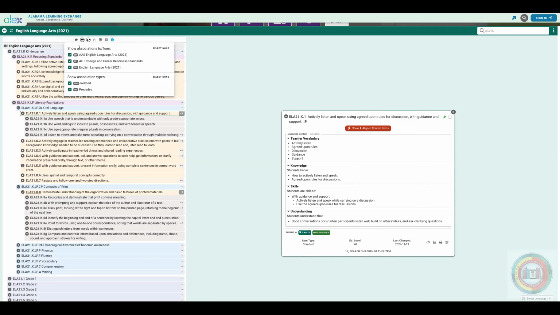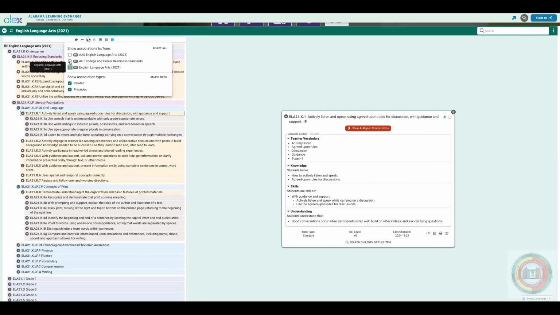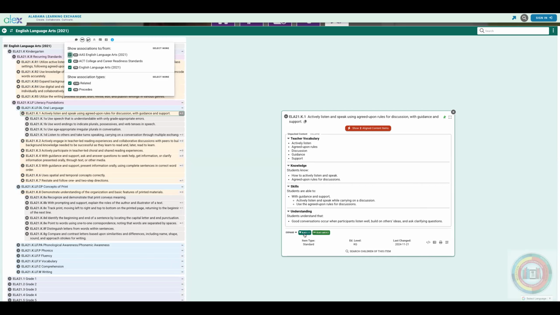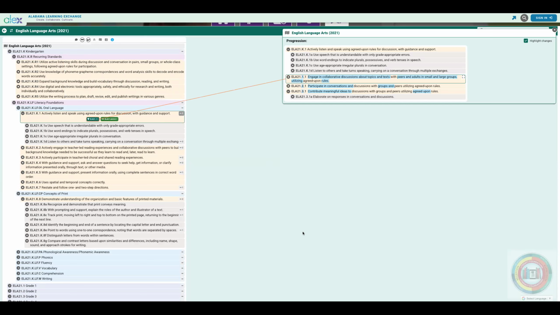So once I have turned those on, and you'll see you can turn them on and off with little check boxes, once I have those turned on, then if I see a standard with this little colored rectangle, I can click on it to see the association. In this case, I'm looking at a vertical alignment. So this shows me how this particular standard progresses from kindergarten, how it becomes more rigorous in first grade, even more rigorous in second, even more rigorous in third.